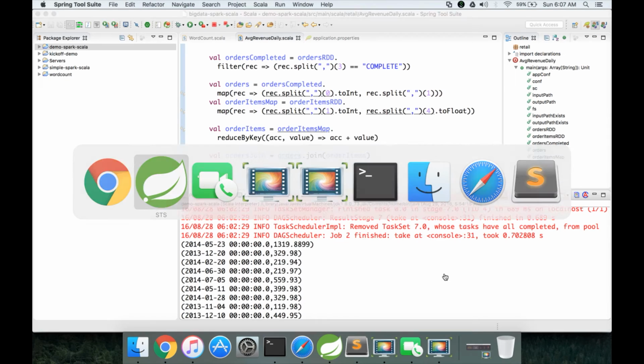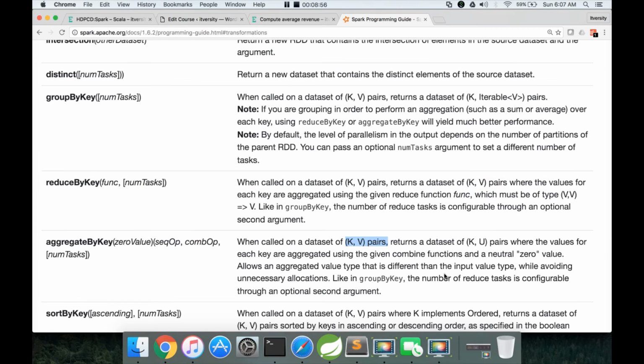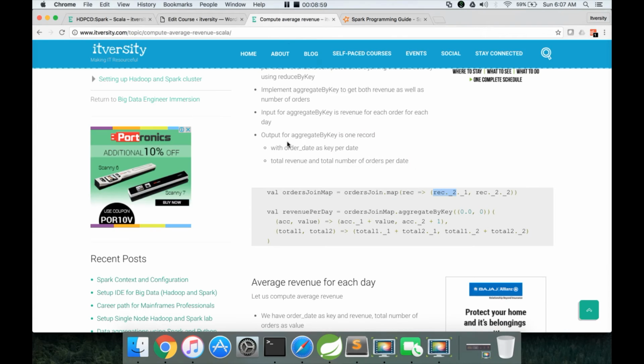As part of the last video, I covered briefly the reduce by key and aggregate by key. In that, I told you 2 scenarios. The first scenario is that the combiner logic and the reducer logic might be slightly different, and also even if it is the same, if the input value type to the aggregate function is different from the output value type, even then we have to use aggregate by key only. We cannot use reduce by key. Okay, so in this case, first let us see both the scenarios.